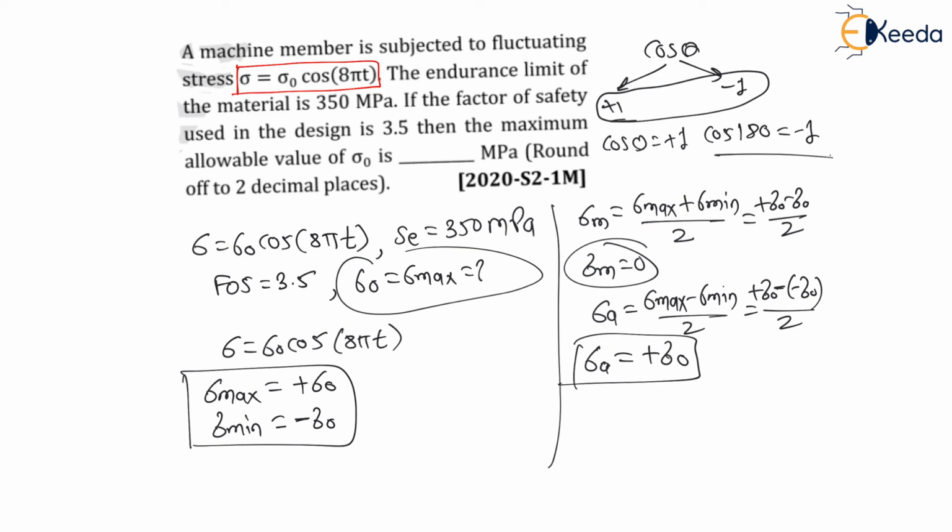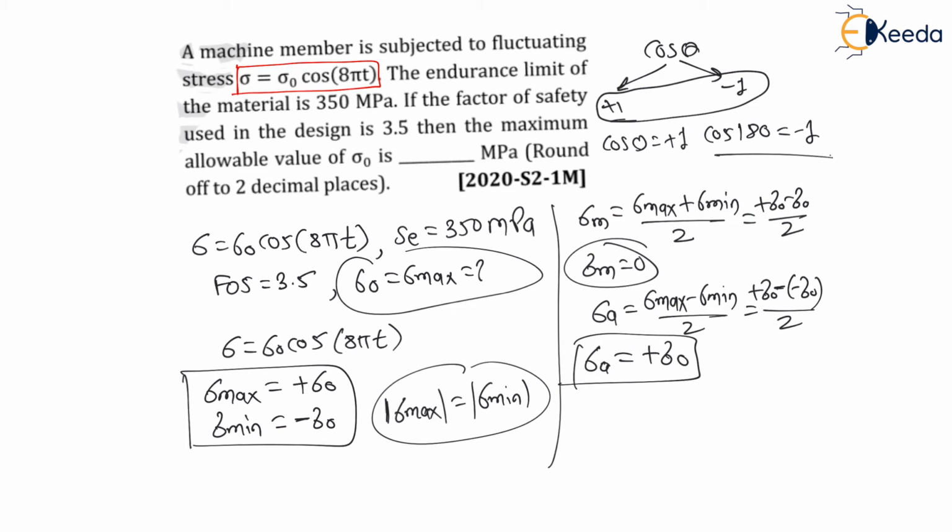It means that if the magnitude of maximum stress is equal to the magnitude of minimum stress, then such loading is called completely reversed loading. And for completely reversed loading, mean stress is 0 and stress amplitude is equal to the maximum stress value, right? So my dear students, as here mean stress is 0, there will be no concern about SUT or SYT. So as this is 0, no worry, right? We have to use only the fluctuating load criteria.